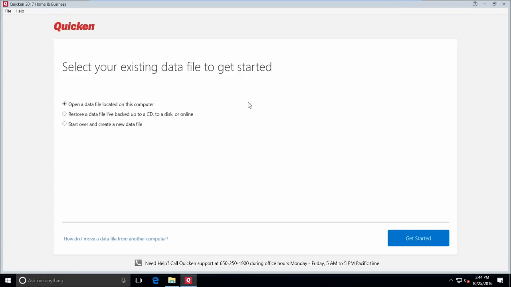Now it's going to ask if you want to use the old file that you've been using, because it will find one. If you have it on your computer, it will find it, and so that's what I will do. If you'd like to start with a completely new file, you can do that as well. I'll just go ahead and open the one that I already have located on this computer,